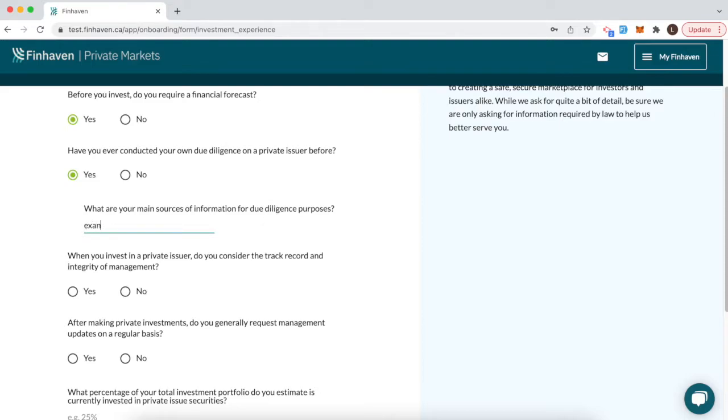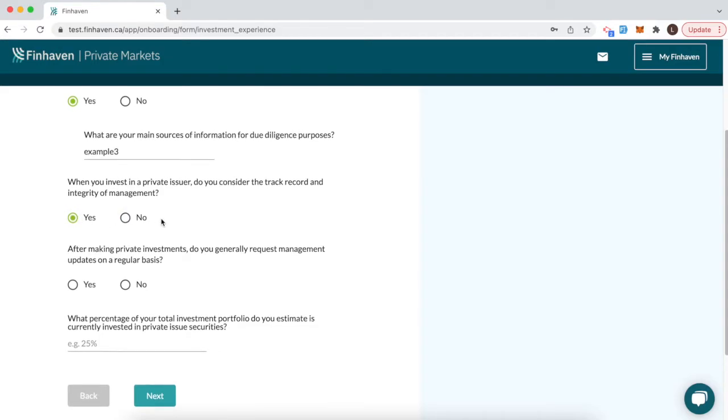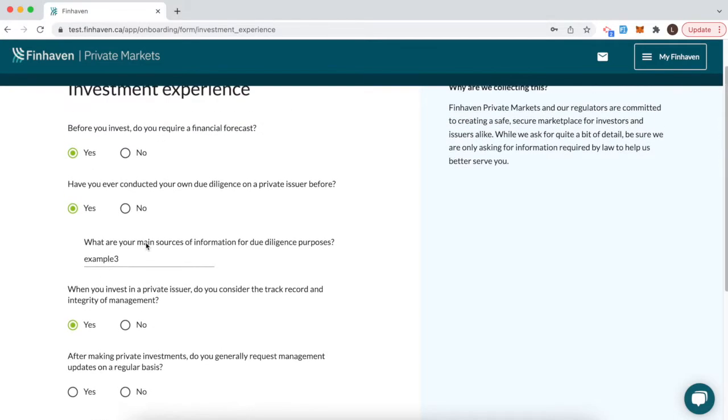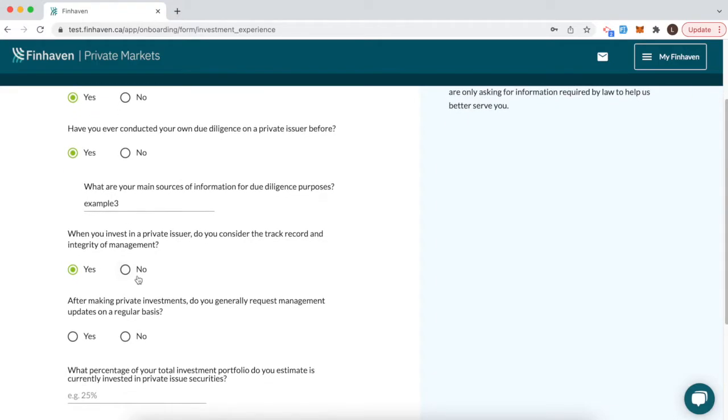Just an example, there is also no validation on this field. When you invest in a private issuer, do you consider the track record and integrity of management? No or yes. One thing about answering these questions is that if, let's say, the user chose no in this part,